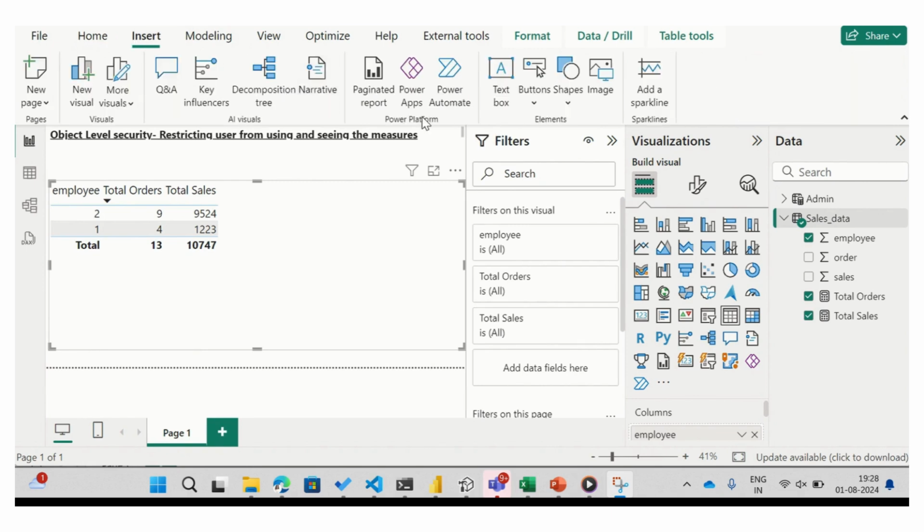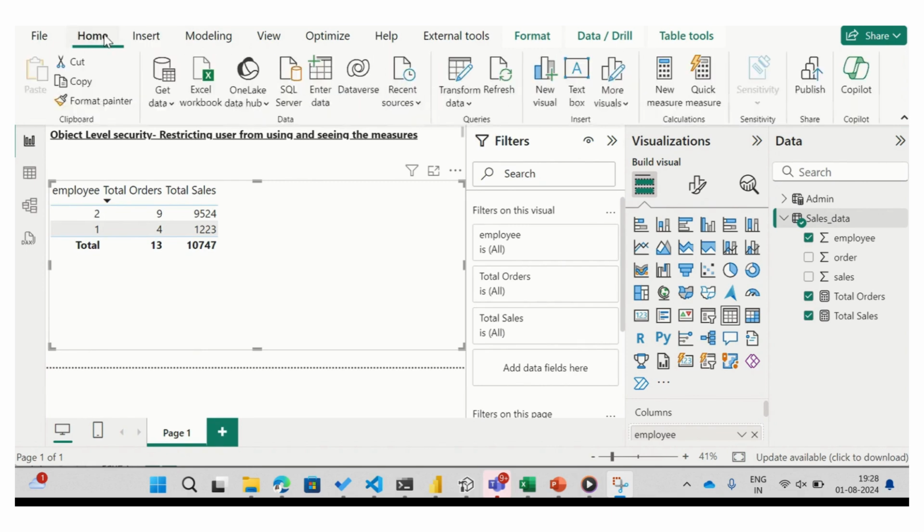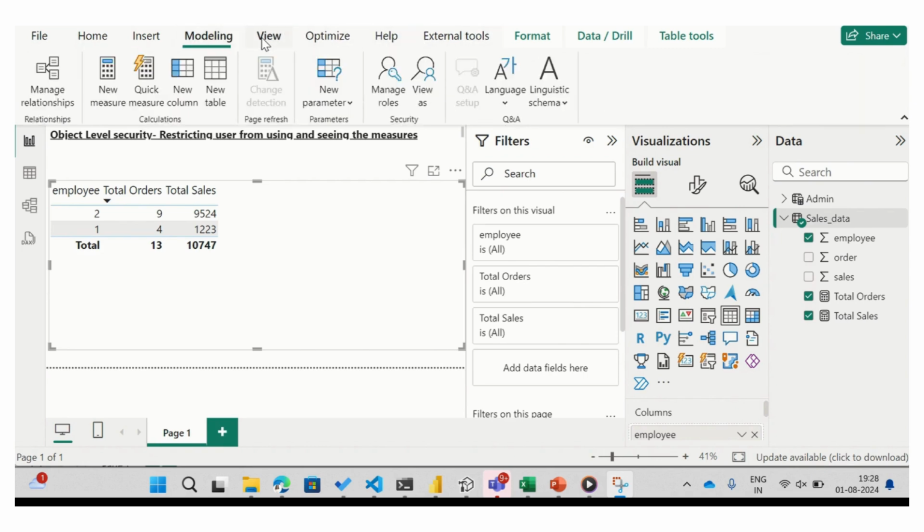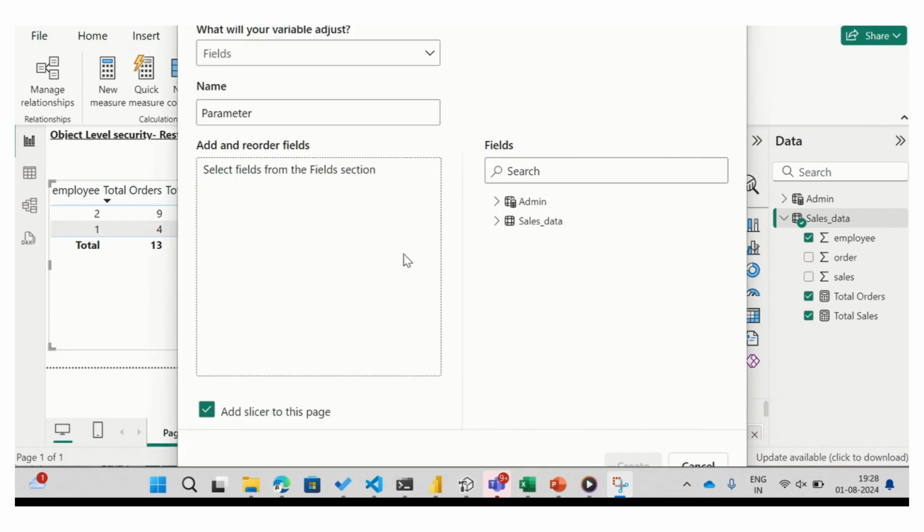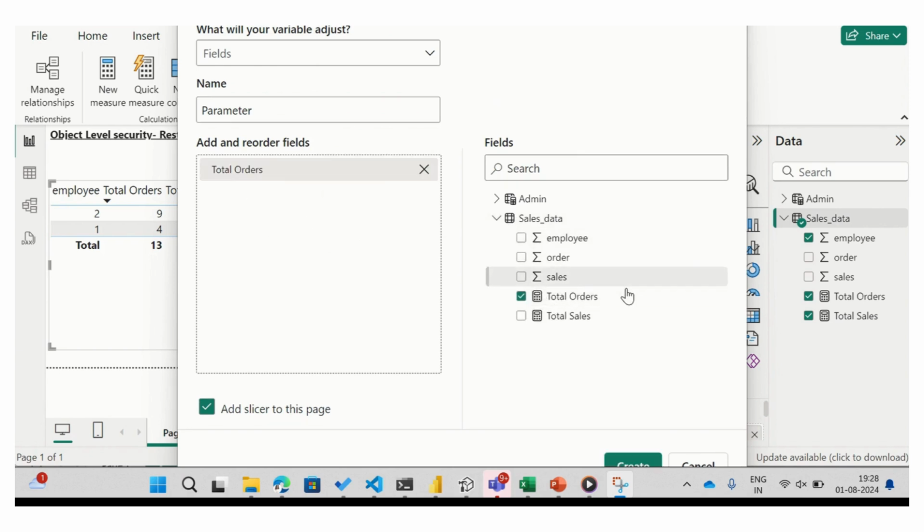So I will create one field parameter, and I will pass both of the measures, total orders and total sales, in it. So there will be no different columns that we are going to enter in this table. We can directly pass those parameters in this table so that we don't get any kind of error, because when we view as admin, if we have selected different columns or different measures in our table, the total sales has been omitted, or we cannot see total sales. That will result into error because total sales is not present in our data for admin. So for this, we'll create a field parameter and add total orders and total sales.